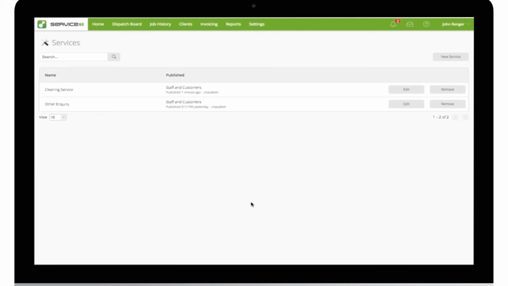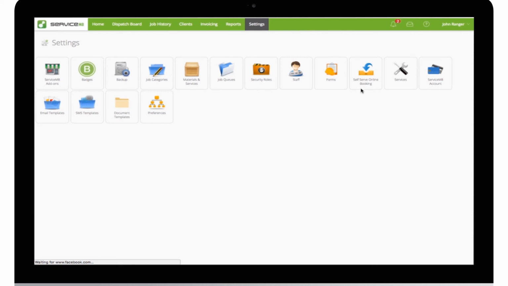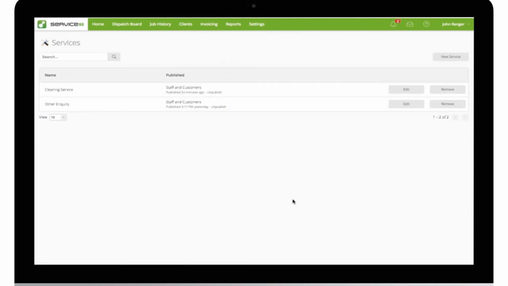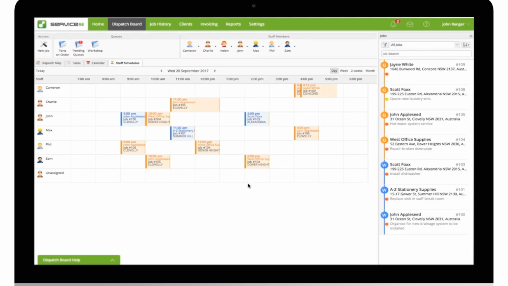You can access links for each of your services, as well as a link for a Central Services homepage by going to Settings, then Self-Serve Online Booking. Now, let's take a quick look at how we can use the Services add-on to streamline quoting, job creation, and scheduling inside the business. In the online dispatch board, there's now an option to select a service when creating a new job,